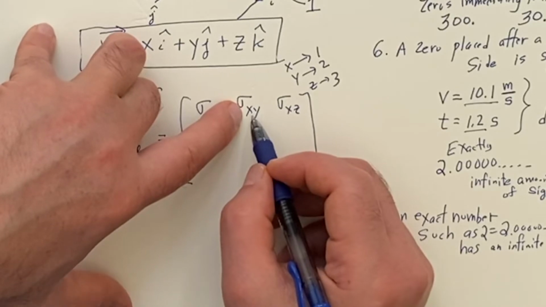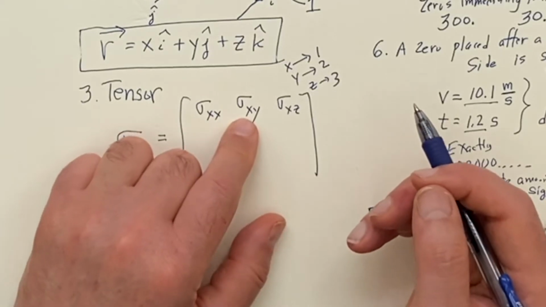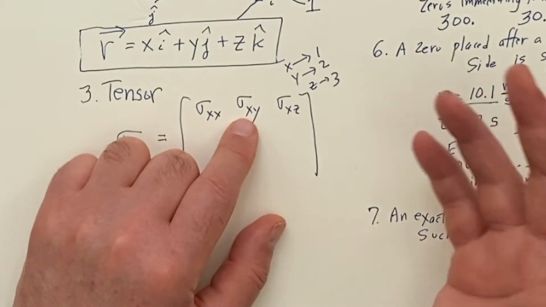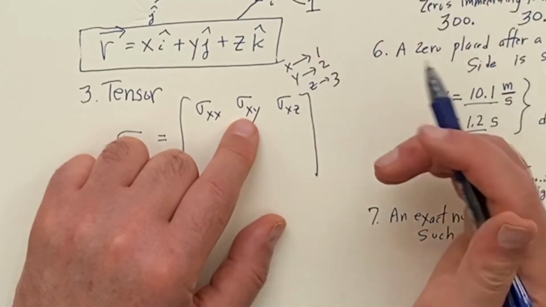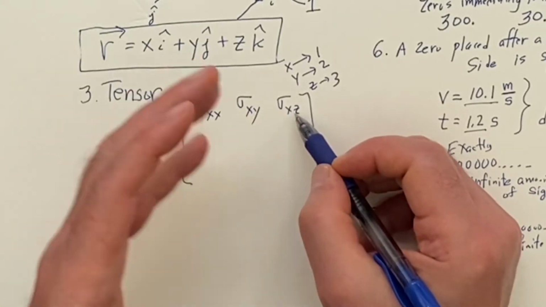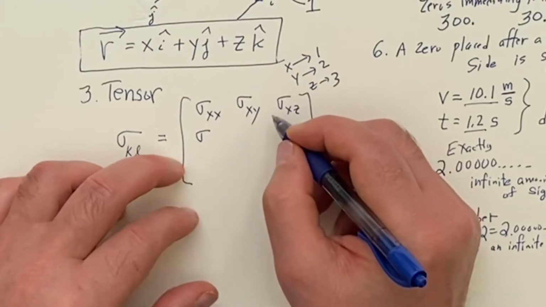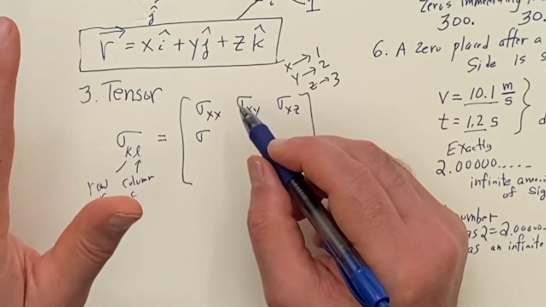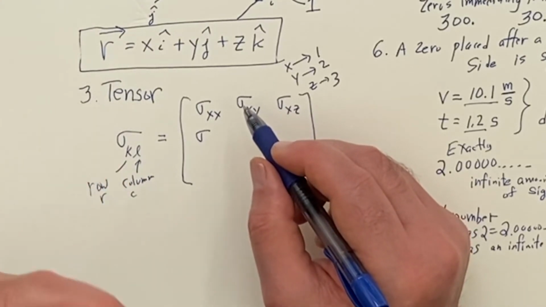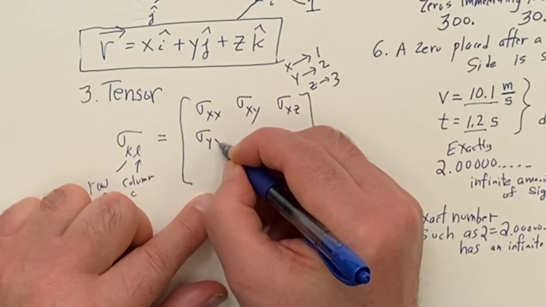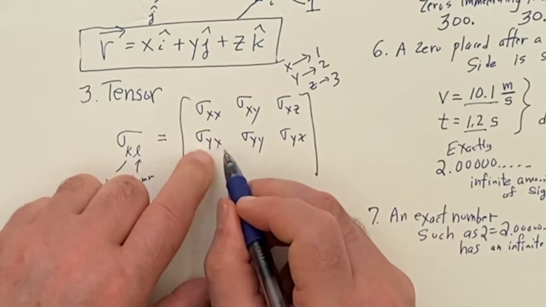But in general, because that board can be at all kinds of weird angles, this would be that X component of force operating in the Y direction of that board as the board is changed. And then this is the X component of force operating to do some other kind of a stretch. So I think the simplest way to think about it is that each force, there's 3 of them, has three effects on the board in terms of pushing it and stretching it one way or the other. And then you can list those like this, where this is the second component of the force affecting 1, 2,